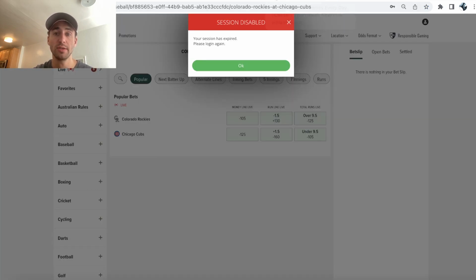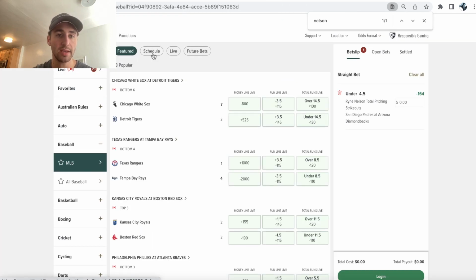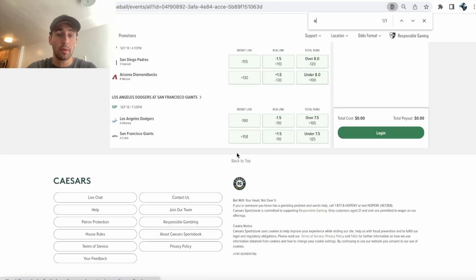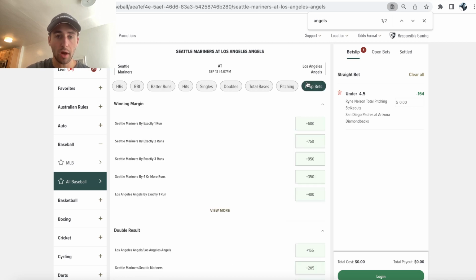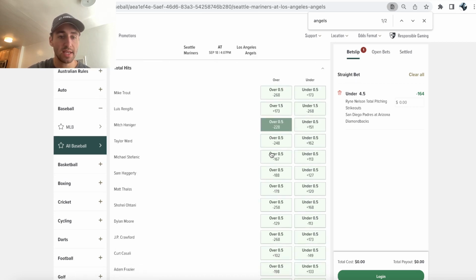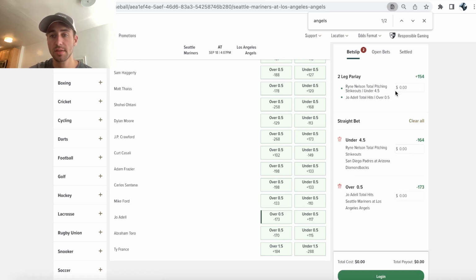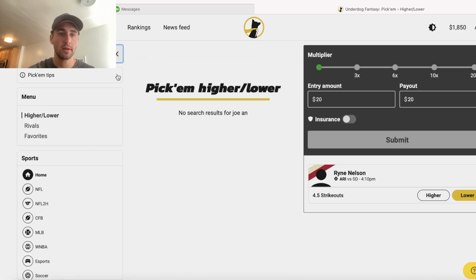So if we go back to Caesars, what we can do is take a look at this quickly. If we go to the Angels game, and this is definitely a play we want to go with. So if we go to the Angels game and then we go to prop bets, or no, we want hits, and then we want Joe Adele. So on Caesars, this current 2-leg parlay, you're only getting plus 154. When I put this in my Underdog entry, what you'll notice is